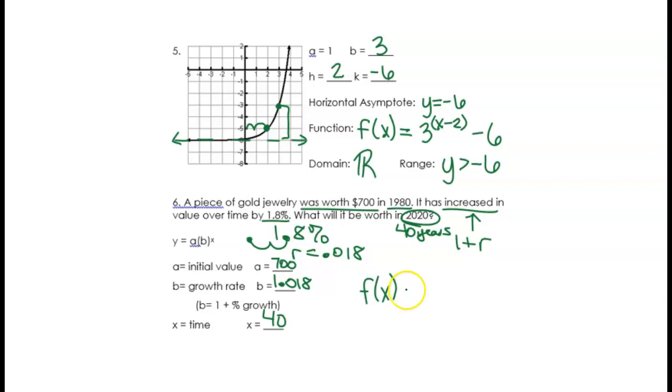Okay, so what am I finding? F of what? F of 40 equals the initial value, 700, times the growth factor, 1.018, to the power of the time, which is 40. So if I were to get my calculator out and do that,